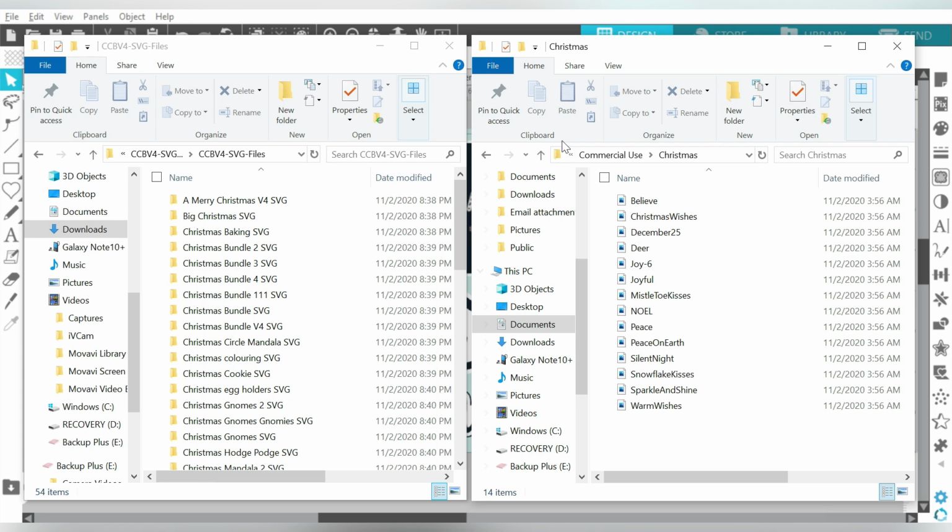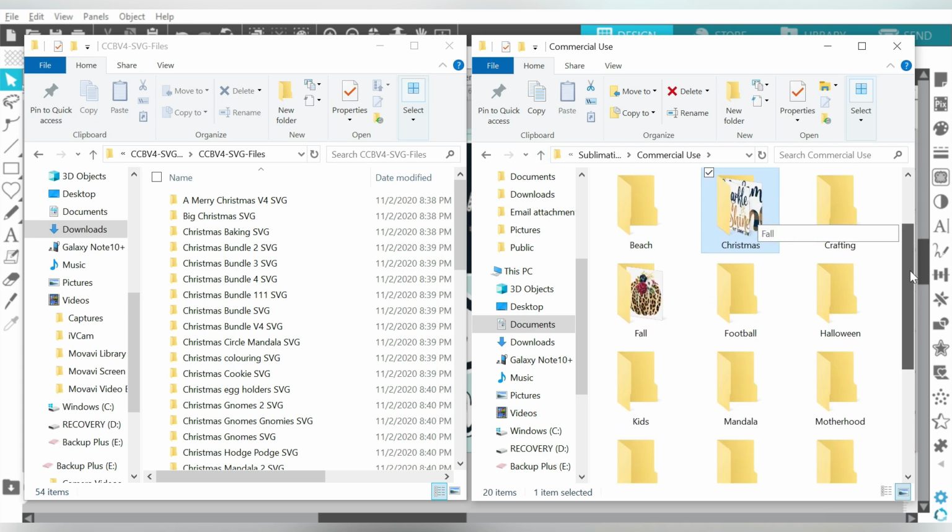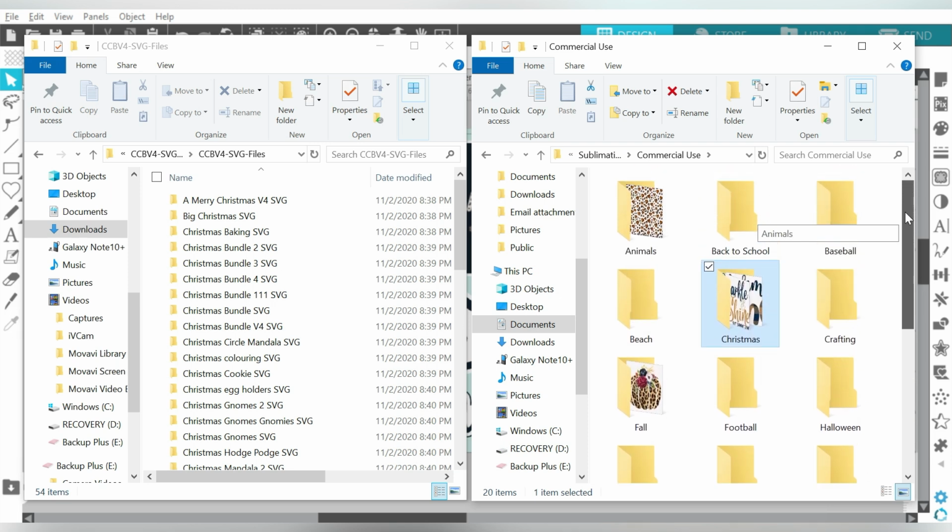Now, I'm not saying that you can't customize this, okay? But this is what I have going on. I have commercial use, and then I come in here and sort them out. Some people also, I don't know why you would, but if you happen to buy designs from places other than Design Bundles, then of course you have the option to keep those separately. And some of the reasons why you would want to do that would just be because the Design Bundles usage license is going to be different than usage licenses from other marketplaces and vendors. So that's where I'm going with that.